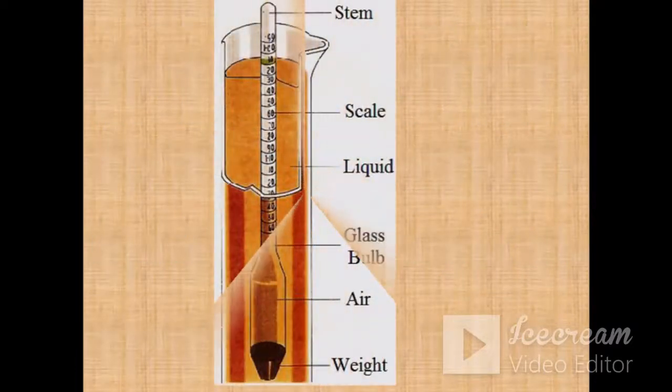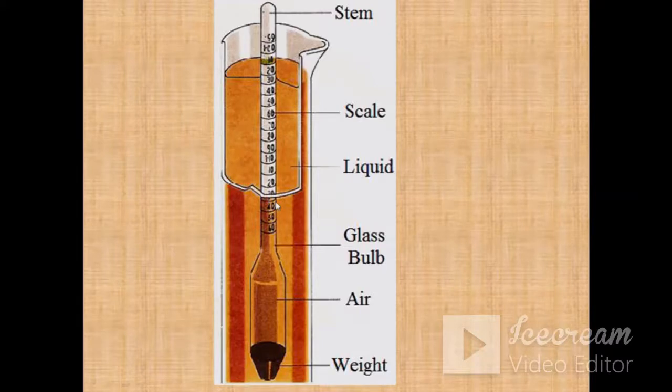Like in this figure, this is the container. Suppose a liquid whose specific gravity we wish to measure is put inside this container, and we know the volume of this liquid. Now the hydrometer has been put in. At the time when it is completely in equilibrium inside this liquid, we read the value of the specific gravity. Then we check this value of specific gravity against the standard value.